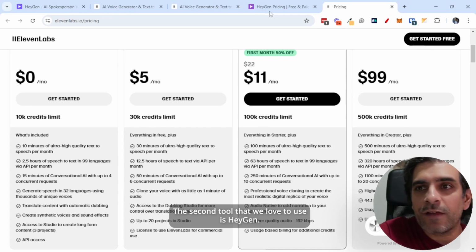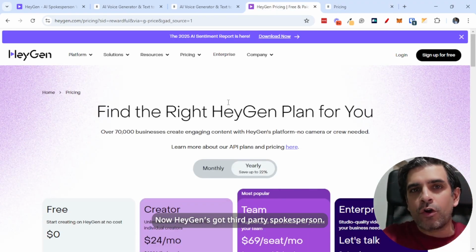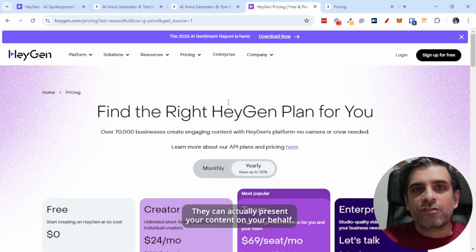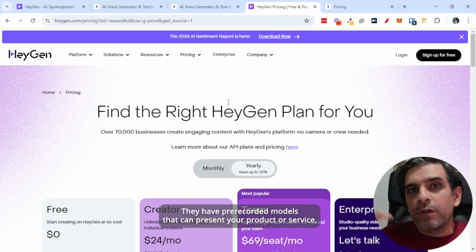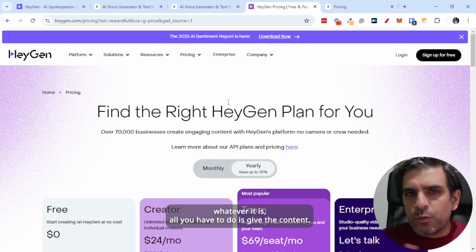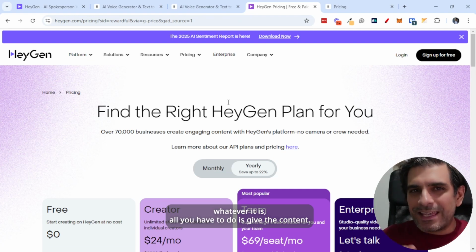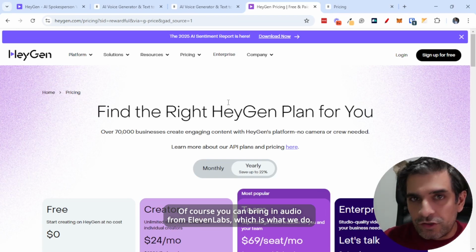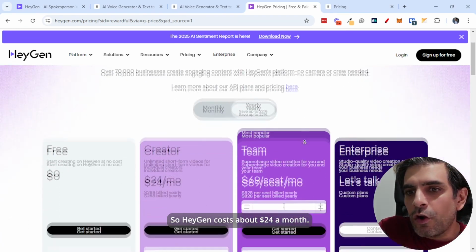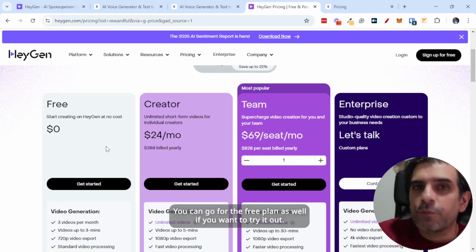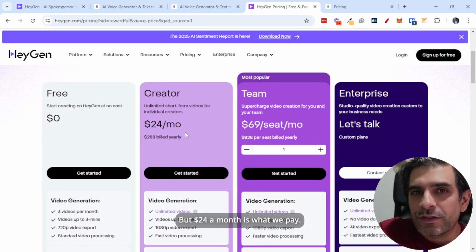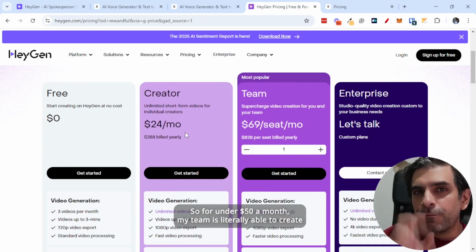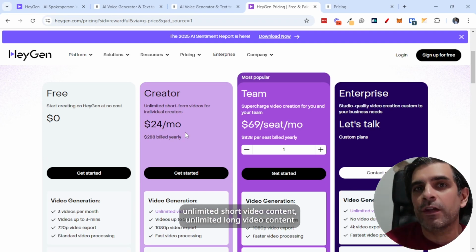The second tool that we love to use is HeyGen. Now, HeyGen's got third-party spokespersons that can actually present your content on your behalf. They have pre-recorded models that can present your product, your service, whatever it is. All you have to do is give the content. There's even built-in audios, or of course you can bring an audio from ElevenLabs, which is what we do. So HeyGen costs about $24 a month. You can go for the free plan as well if you want to try it out, but $24 a month is what we pay. So for under $50 a month, my team is literally able to create unlimited short video content,